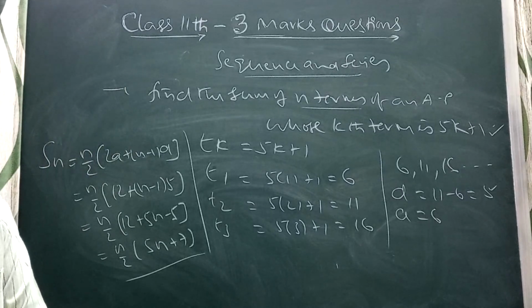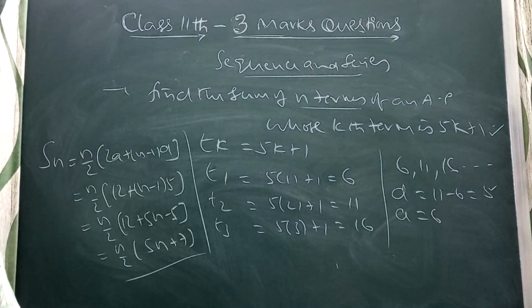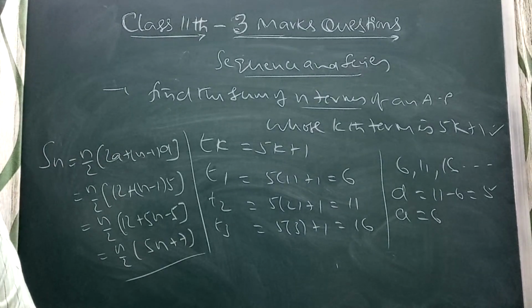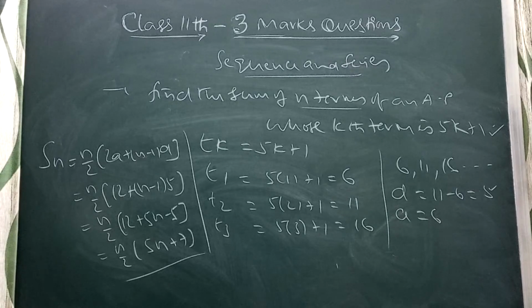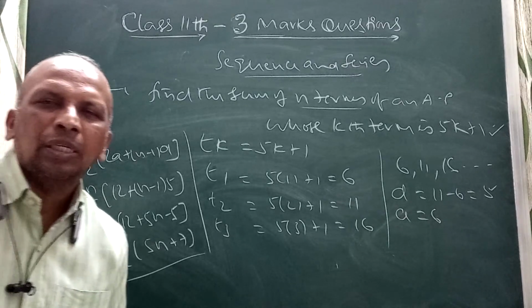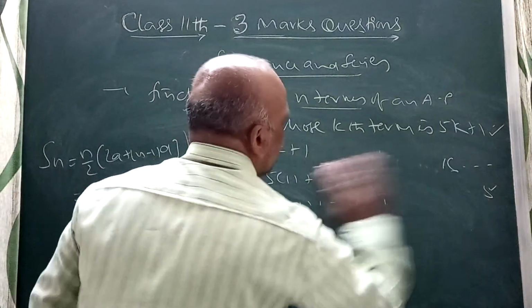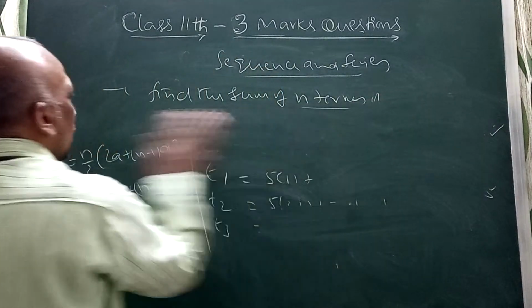Another one they may ask: find the sum of n terms of an AP is 3n square plus 5n, and the mth term is 164. Find the value of m. They will do it like this. If the sum of n terms of an AP is 3n square plus 5n,